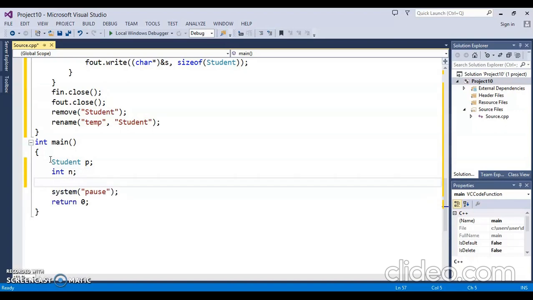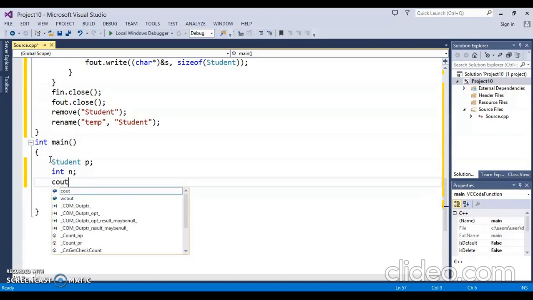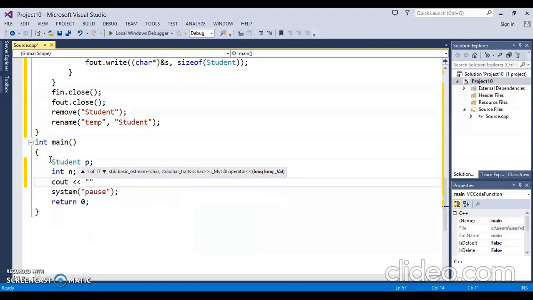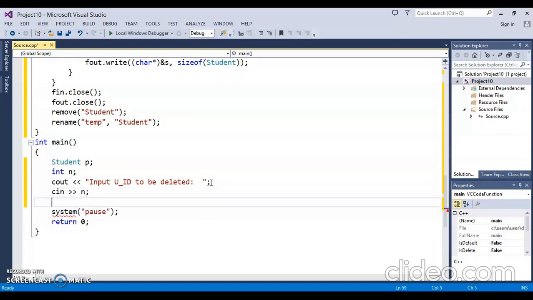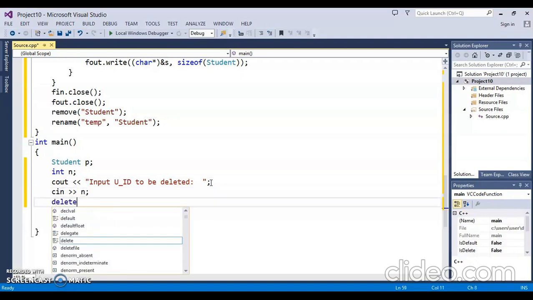For UID, and let's say cout, input UID to be deleted, input UID to be deleted, and then we will read it in this N, and then we will pass this N to the delete file function.